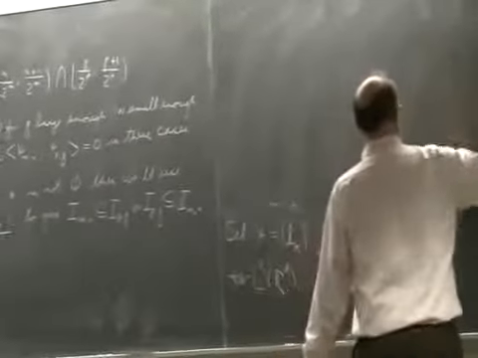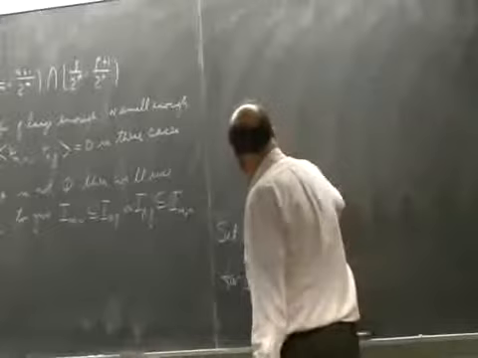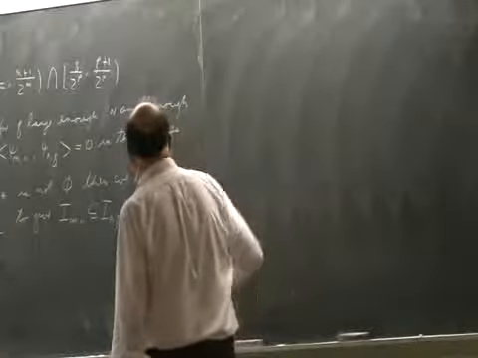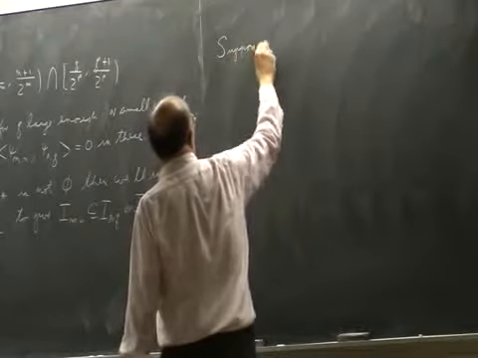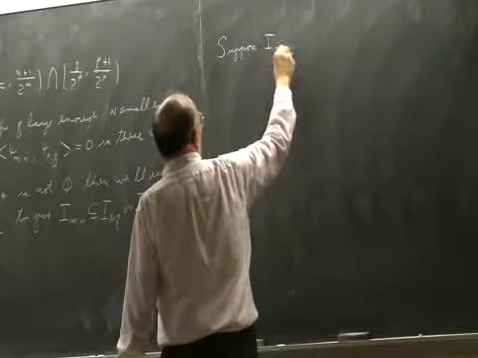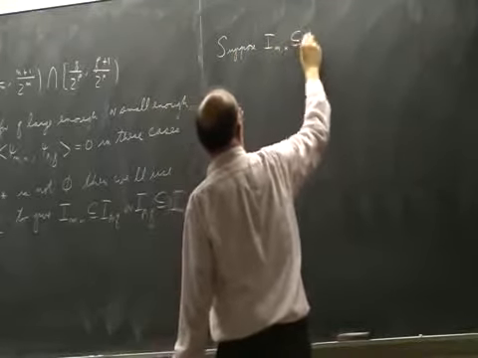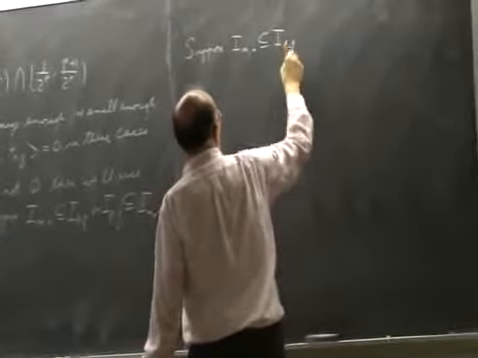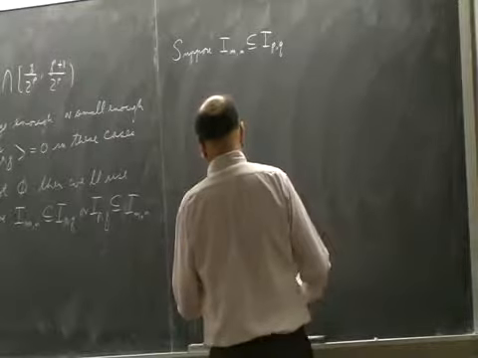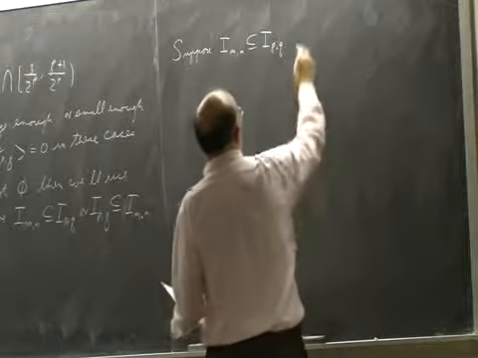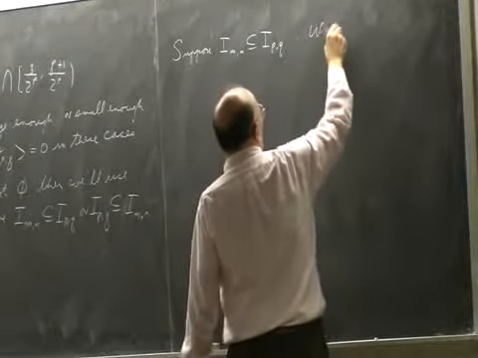So suppose I, M, N is contained in IPQ. It's one or the other. So we'll be done